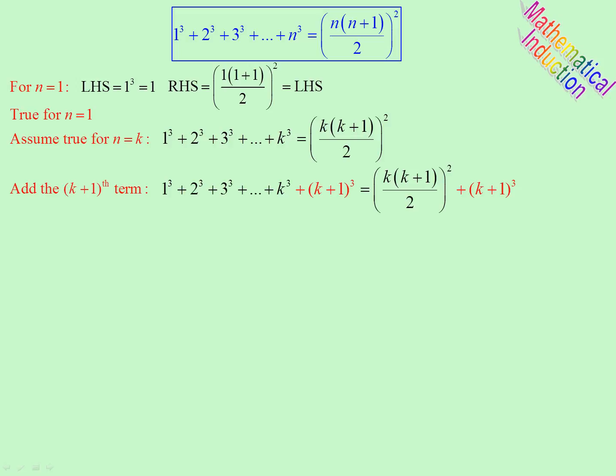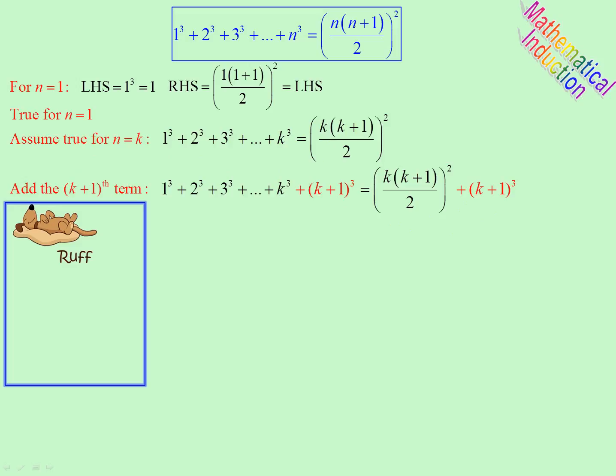At the risk of harping, I'm going to say, notice that is still there. Notice that is still there. So we have not got rid of anything, we have not done anything to those terms. But we've added the k plus 1th term, which is k plus 1 cubed, and because we added it there, we added it to there. Now we need help from rough. What do we need to end up with? That with the k plus 1, k plus 1,